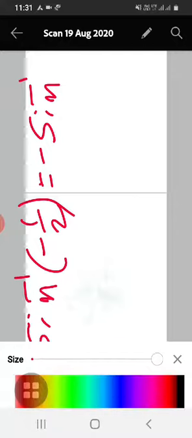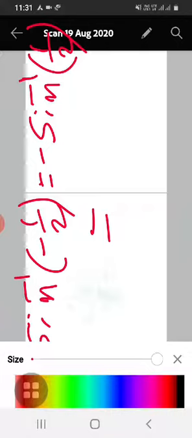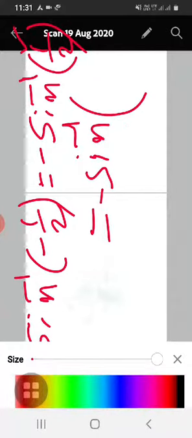Sine inverse of minus x is equal to minus sine inverse of x. So I will continue here: minus sine inverse of half. Here half is given and outside I have sine inverse, so sine of which value is a half? We know sine pi by 6, that is sine 30.